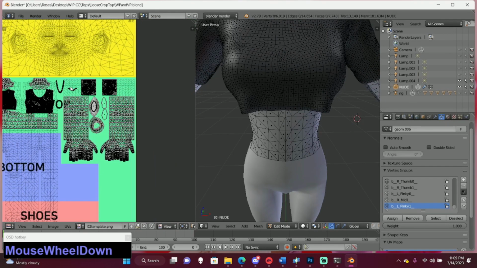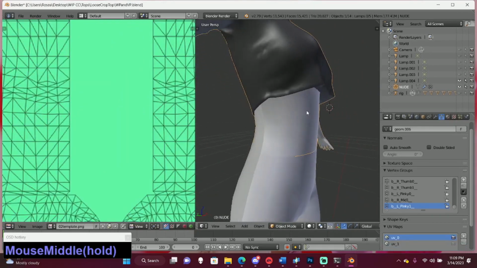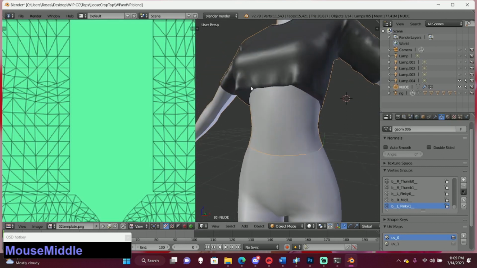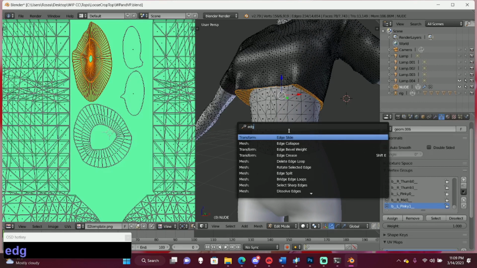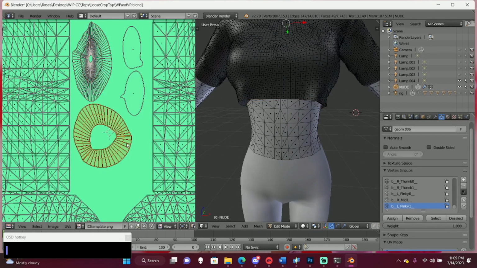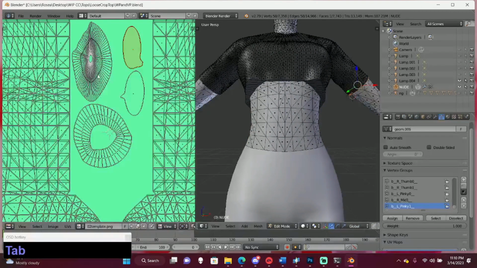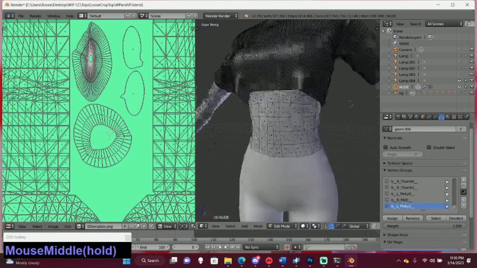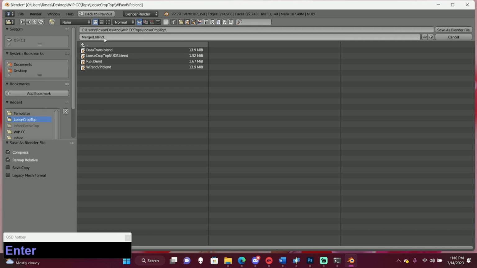Alrighty, once you've got everything in the green area, because it's a shirt, where we closed the holes looks kind of funny. So what we're gonna do is press L, space, and then type edge and click edge split. L, space, edge split, L, space, edge split, L, space, edge split. It's really important that you do this last because after you do it, you can't press L to highlight the whole thing. And sometimes that's really annoying, so it's just easy to do it last. Then we're just gonna File, Save As, merged.